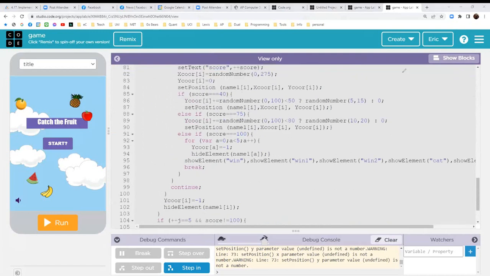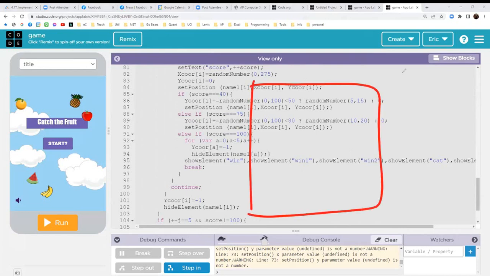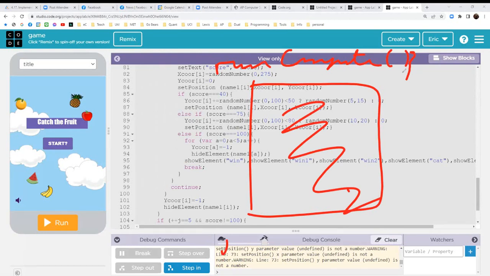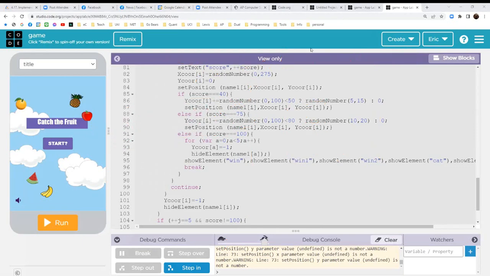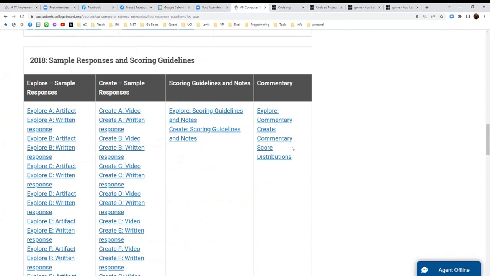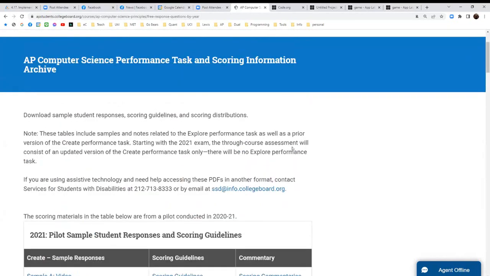So abstraction means that you have a whole bunch of code. We can call it run computer. I don't know what is the code inside, but this whole thing you will run every time. So when you need to run the computer, you will run it. Is that okay? Right now you are lacking abstraction in your report. You have to study what abstraction is, and that's required by the AP concept principles guideline when you do the response problem.